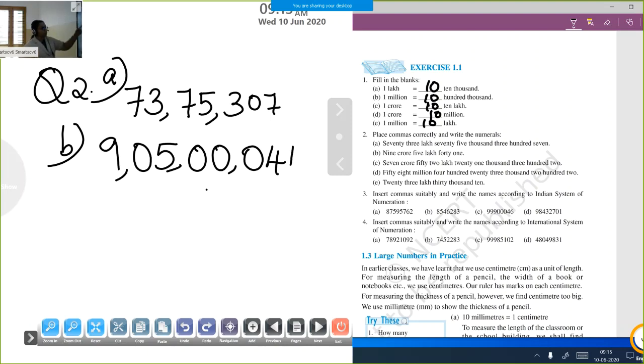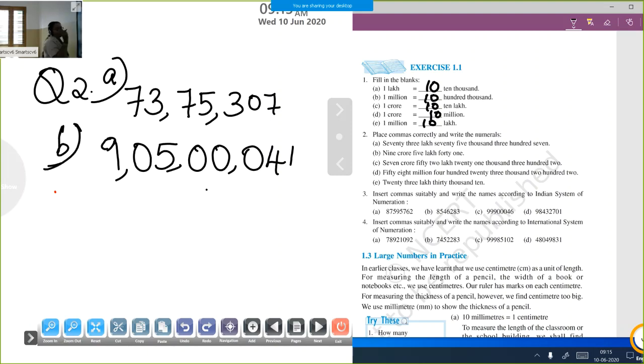This question, this model, children will make mistake. Why? Because they will not put the 0. If that period is missing, they have to put zeros in that period. That is a common mistake you people are making. So listen carefully. 9 crore. Correct, teacher wrote 9 crore. 5 lakhs. Two digits are there in each period. So that means crore also 2 digits are there. If you want, you can put 0 in the beginning. Okay, teacher is not putting that.